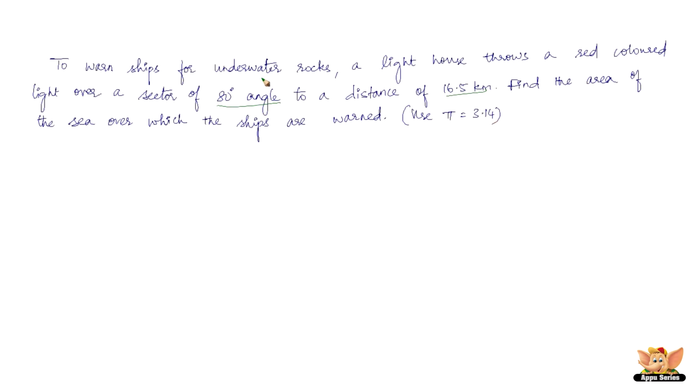So we've got the theta here and we've got the radius here, that is 16.5 kilometers. So we just have to find the area again. So the theta is given as 80 degrees and the r is 16.5 kilometers. Remember that. So the area of the sea over which the ships are warned